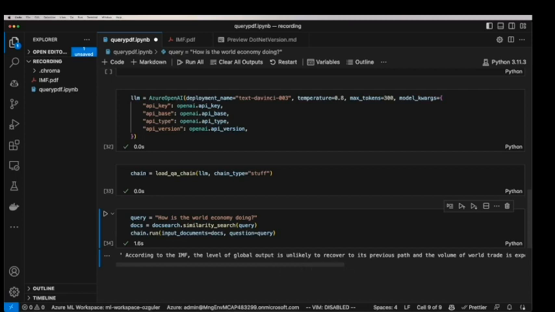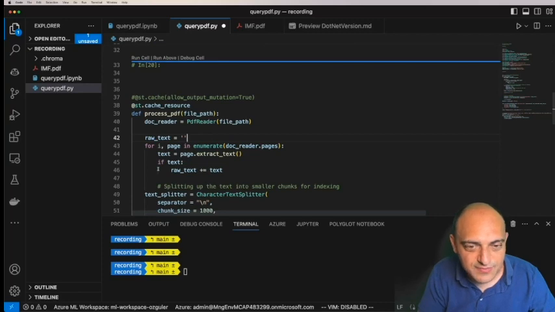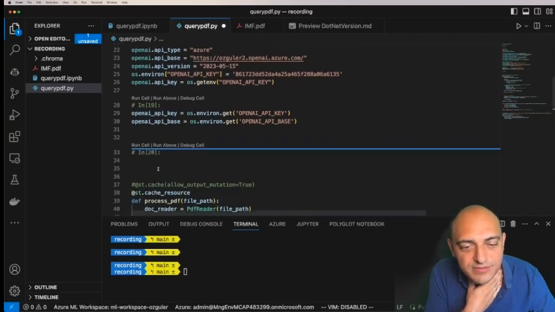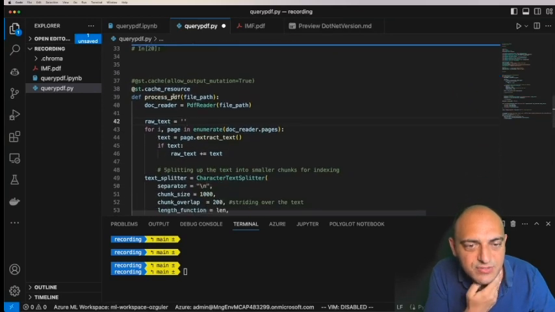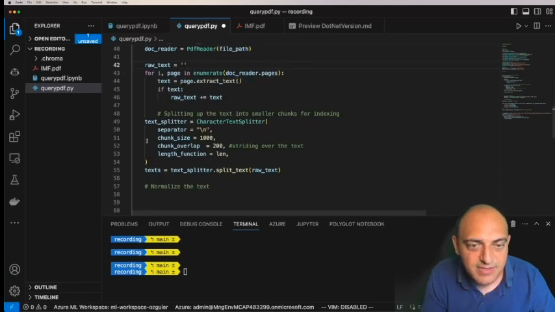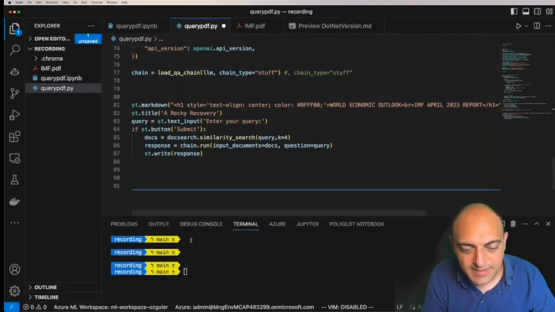Next, I will turn this Jupyter notebook into a Python script that will be executed within a Streamlit app. Okay, so this is the Pythonized version of our Jupyter notebook. It has some tidying up work embedded into it. The rest is the same, so I'm also caching this using the Streamlit cache resource method here, so that for each query, the whole sequence of steps, including creation of embeddings, is not repeated. And yeah, the rest is the same. I'm having a very minimalistic user interface here as well.